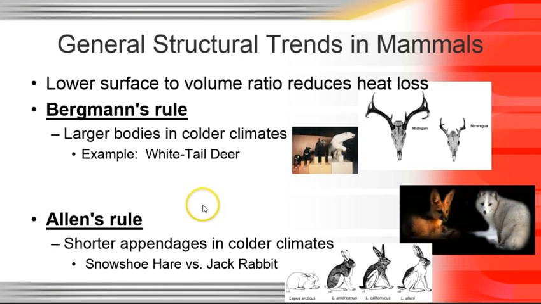Now, Allen's rule talks about having shorter appendages, because remember, a high surface area to volume ratio means that you've got a lot of surface area, and a lot of surface area means a lot of exposure, so you can radiate heat better, okay, or you can have convection, and that's very exciting. You would not want that if you were, say, Arctic. And so look at this, right? You have these giant ears on this little fox. I'm pretty sure that's a kit fox, but I'm not sure. This, I do know, is an Arctic fox, right? And you can see tiny, tiny ears.